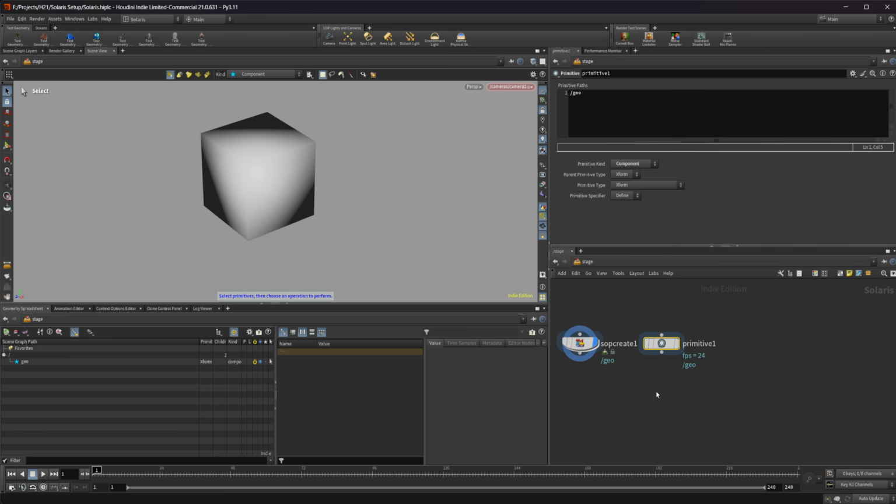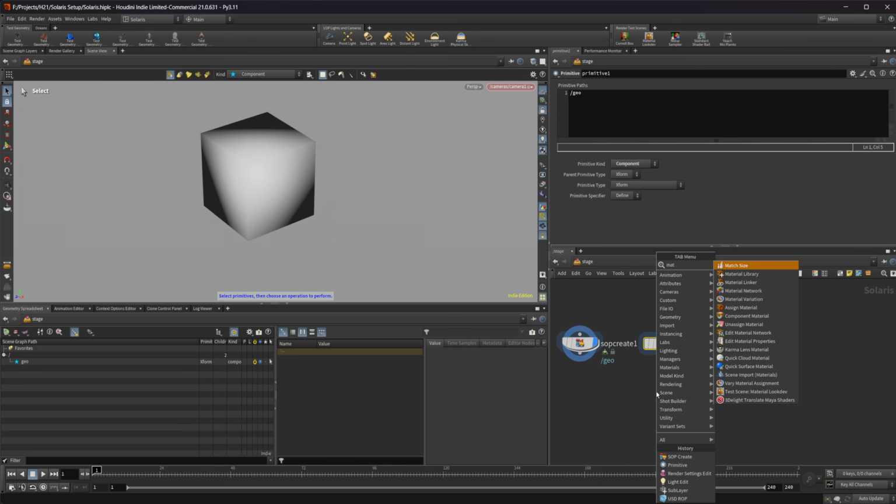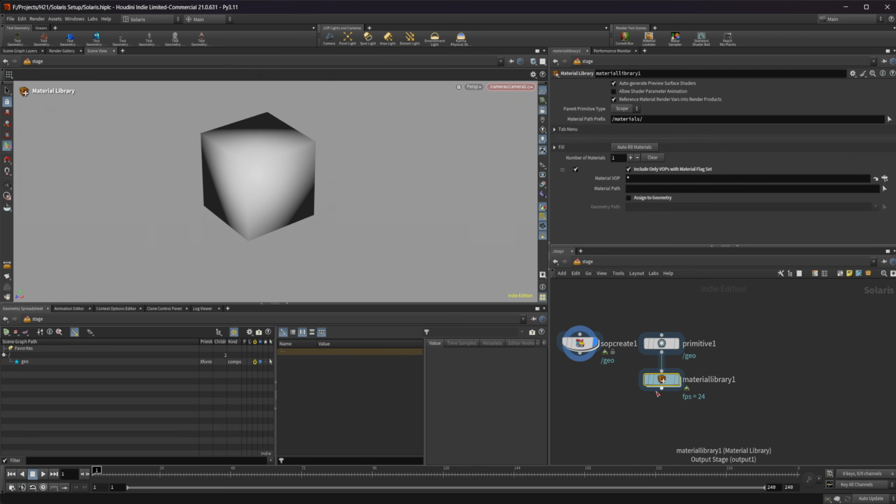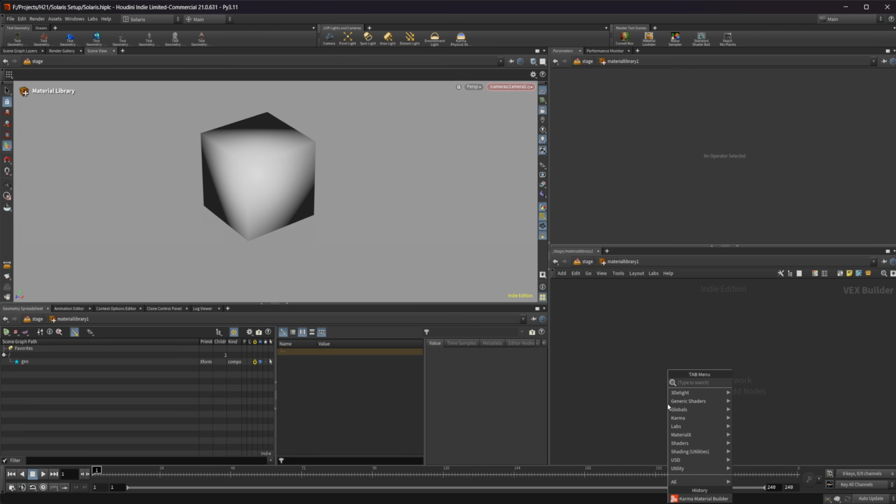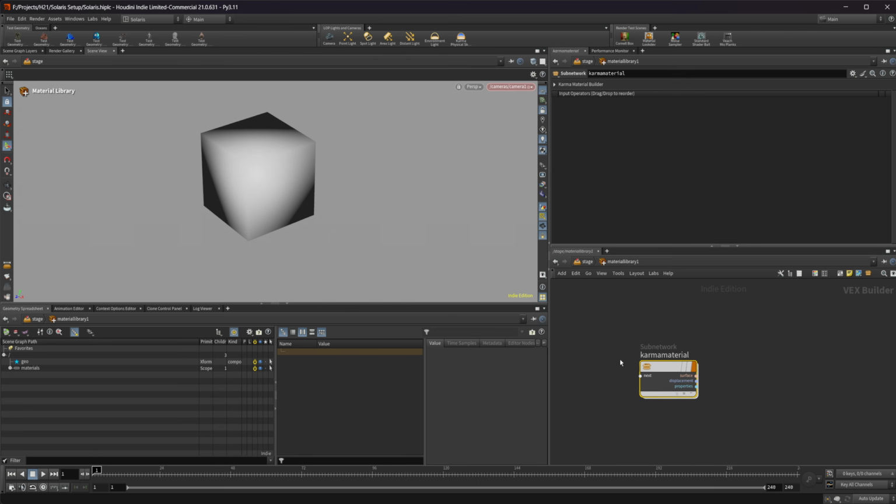Let's take that primitive and let's do a material library. Now you can also create another one that's going to house your materials, or you can just drop down a material library, do a Karma material builder. It's one of the first things that I do in any of my scenes is just create a base gray material. You can see that over in our scene graph tree, we have a new materials primitive with our material